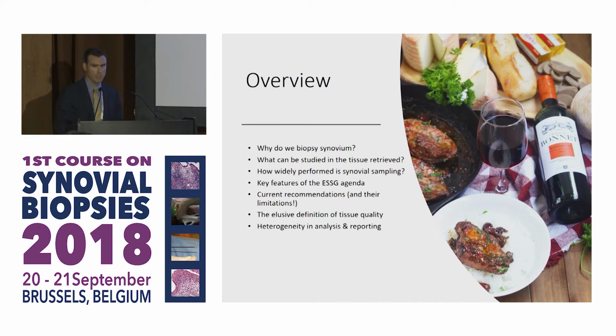I think this is one of the major themes that I wanted to show you, the heterogeneity in both analysis and in the reporting of data in synovial research. I'll take you through some examples of those. And then look at concentrating pretty much exclusively on hematoxylin and eosin staining, as well as on immunohistochemistry, the proposed scoring methodologies that are widely reported. We give some examples of that and then look at the synovial pathotypes that are fairly well described at this point by Cospastalis, Francis, Humby and others.